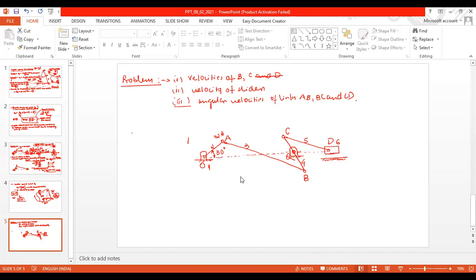I am not going to give you a lot of problems in the assignment. For practice purposes you have SS Rattan, and other books in the library as well, maybe Shigley or something like that. You can refer to all those books always. Even SS Rattan is sufficient. But the assignment I will give you will be something different, maybe related to SolidWorks or MATLAB simulation or something like that, because I don't want to make the assignments very boring.